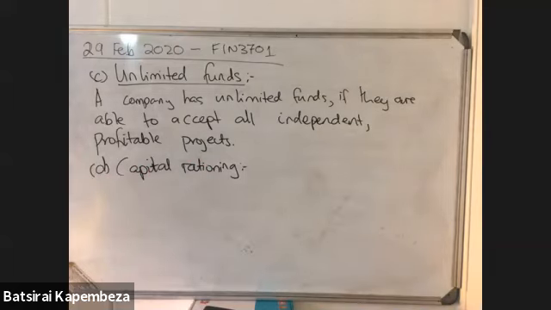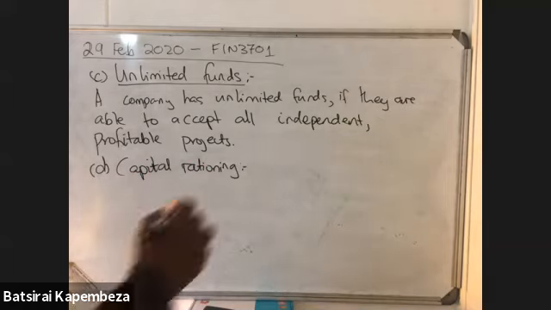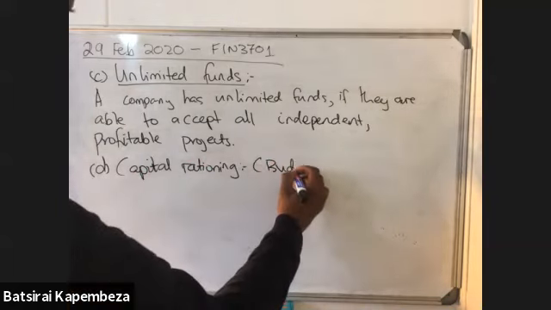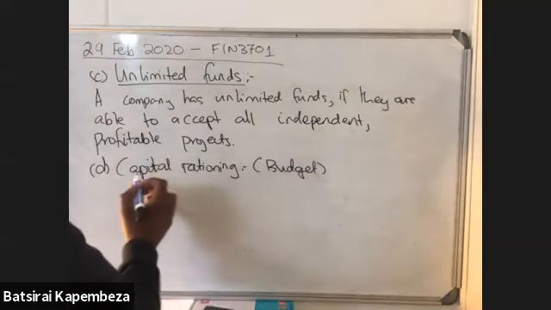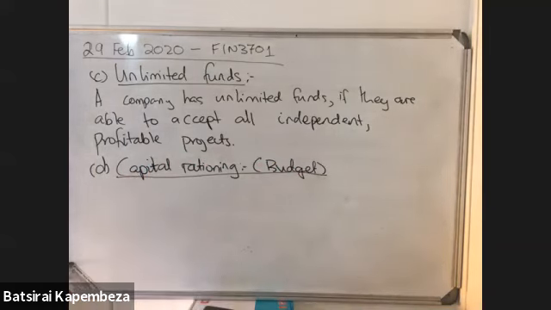Sometimes the company has capital rationing. This is sort of like a budget. It's the opposite to unlimited funds. When you have capital rationing, you can only invest in projects as long as their total cost is less than your budget. So we define this as